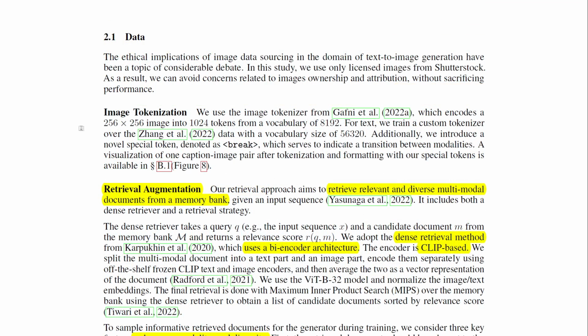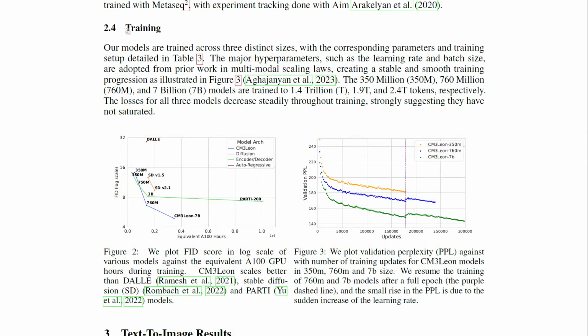In the text-to-image domain, CM3 Leon introduces a novel special token, which indicates transitions between modalities. The model also employs tokenization to encode images and text. For images, a custom tokenizer encodes a 256 by 256 image into 1024 tokens from an 8192 vocabulary, while text is trained with a vocabulary size of 56,320. CM3 Leon was trained using a metasequence squared method and is available in 3 sizes: 350 million, 760 million,